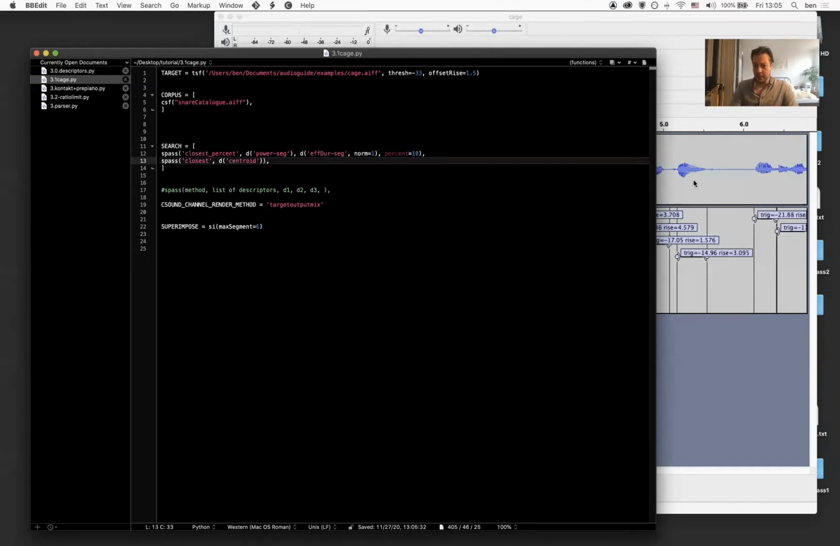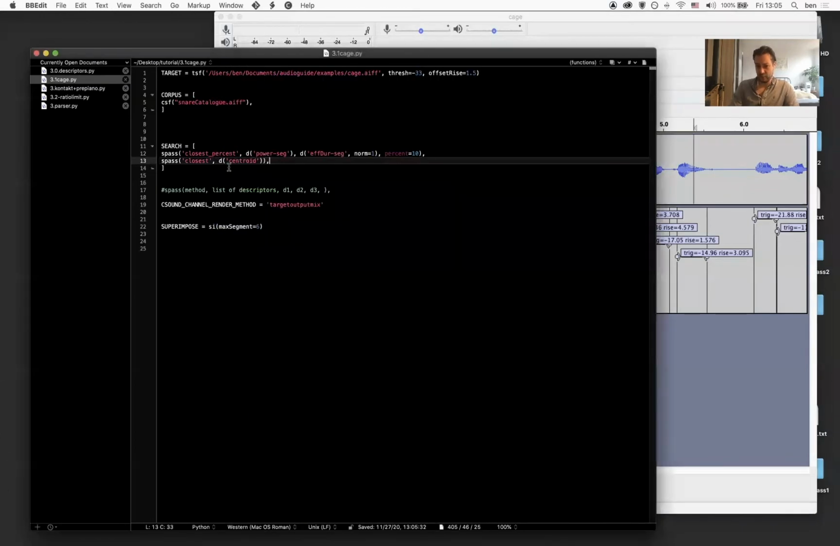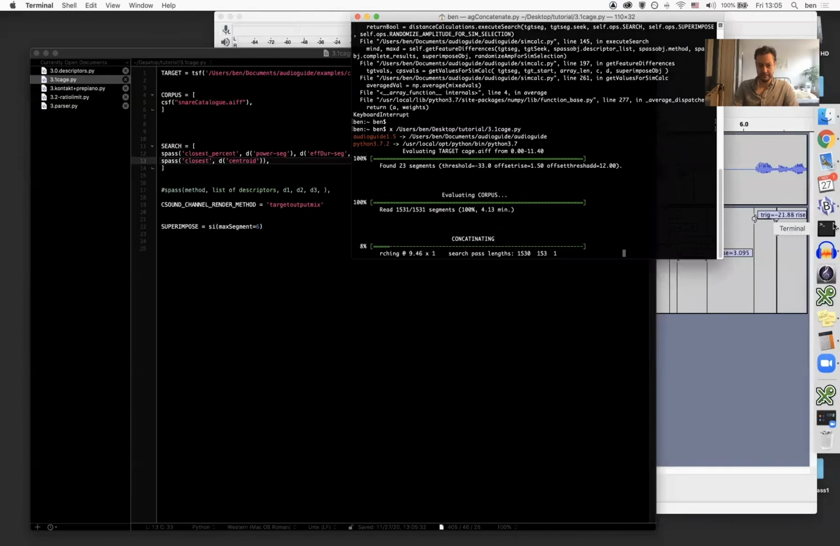But there's one small sort of problem with this approach, and that's that when you do this closest percent using fdurseg, like I'm doing now,